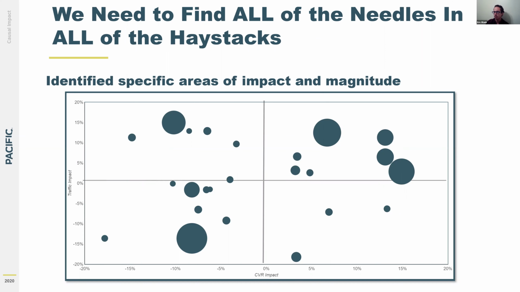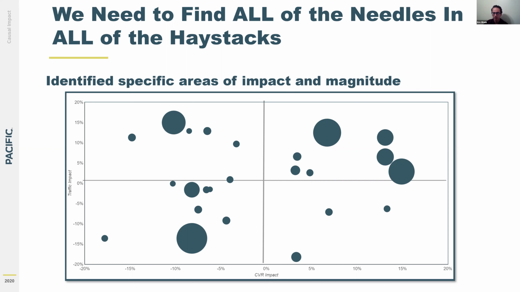Filtering this one step further, we reduced this down to business segments with traffic volume of 10,000 visitors or more on average daily. In this instance, to interpret the bottom line impact of this entire business, segments in the upper right showed improvement across the board, recording improvements in both traffic and conversion rate. However, segments to the left across the horizontal axis at 0% actually had a negative impact to conversion rate,